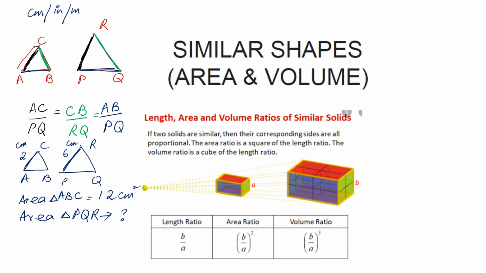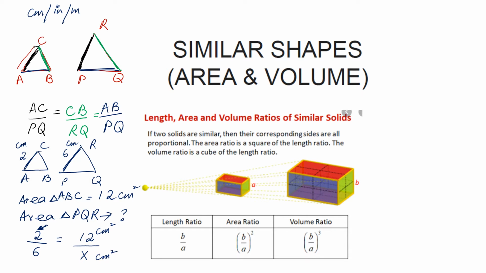So in such a case, what will you do? You must know that the sides AC and PR are corresponding. So we can write the ratio of sides AC and PR, with the smaller triangle's side on the top and the bigger triangle's at the bottom, equals the area of ABC on the top over the unknown area X. But here the units for the area are centimeter square.